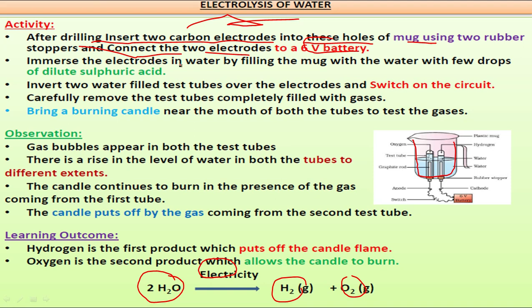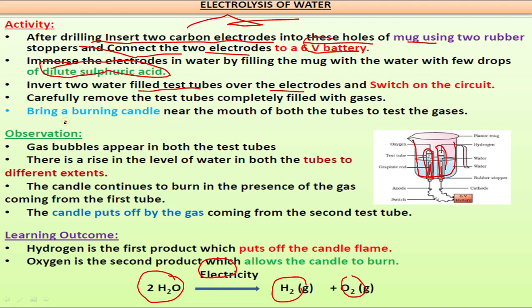Immerse the electrodes in water by filling the mug with water with a few drops of dilute sulfuric acid. So a little amount of acid is also utilized. Invert two water filled test tubes over the electrodes and switch on the circuit carefully. Remove the test tubes completely filled with gases. So here are inverted test tubes over the electrodes. These electrodes are graphite electrodes, and over the graphite electrodes inverted test tubes are kept, so that whatever gas is released, it gets collected, and we can observe which gas is released during the whole process of